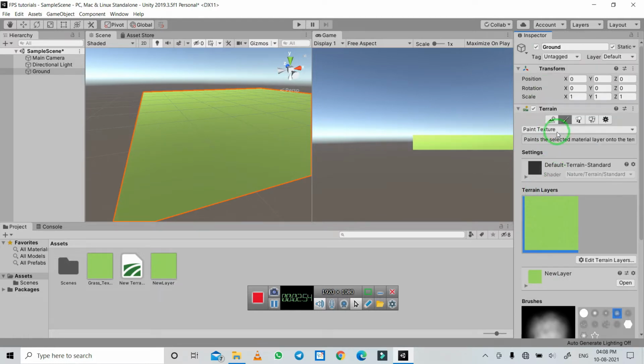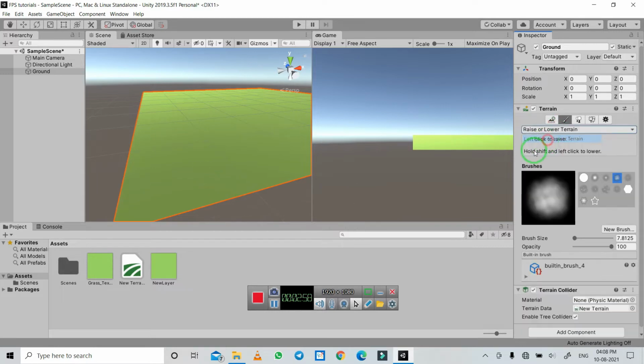So now as you can see, if you want the player to not look at the other side, you have to raise it. So for this, select raise or lower, and then you can select the type of brush you want, brush size, or you can control it by square brackets also. And the opacity controls the rate at which you want to increase or decrease the height.